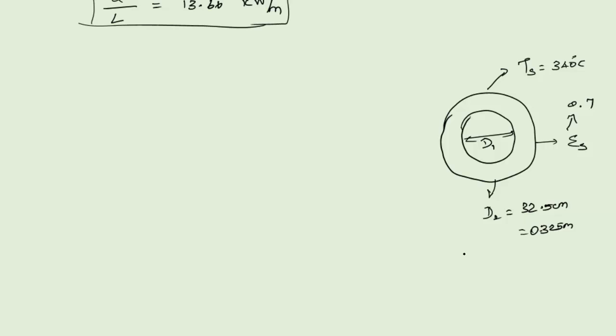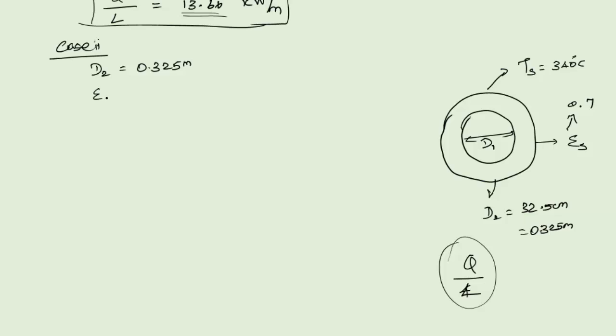Now you have to find out the value of heat transfer per unit length and then how much it is reduced from this value. So case 2: write down D2 equal to 0.325 meters, epsilon S equal to 0.7, Ts equal to 340 degrees Celsius, which is equal to